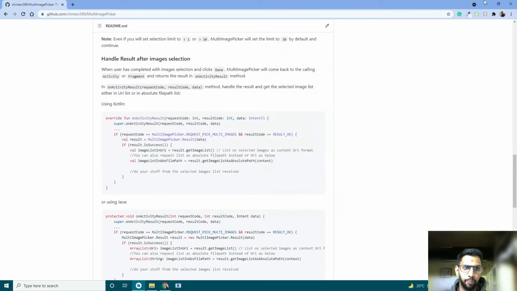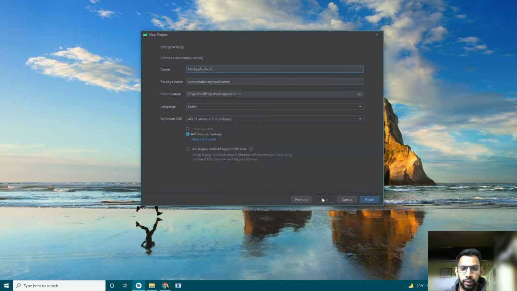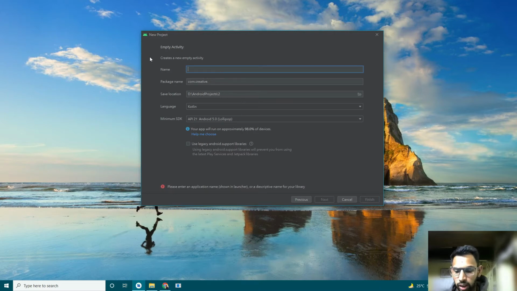So now we are going to create a new empty Android project, selecting an empty activity, clicking on next, and giving the application name as multi image pick demo, and selecting the language as Kotlin.